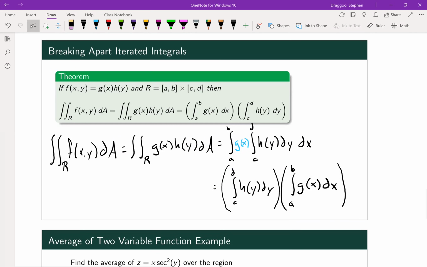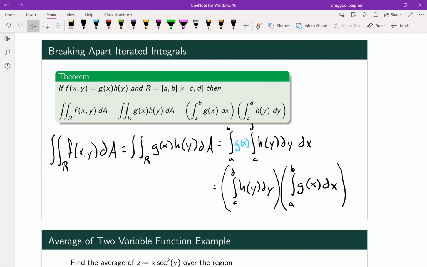Okay, so let's talk about breaking apart some of these double integrals if we can. So if f is what we'll call a separable function, which means that I have a function f that depends on x and y, but I can instead write it as the multiplication of 2 separate functions, one that depends only on x and the other that depends only on y, and I'm going over some rectangular region, then I can separate out an iterated integral